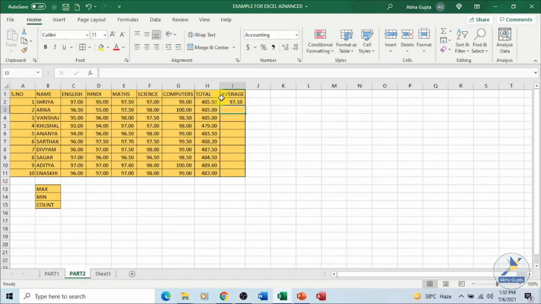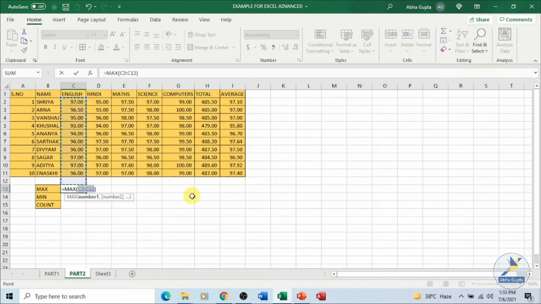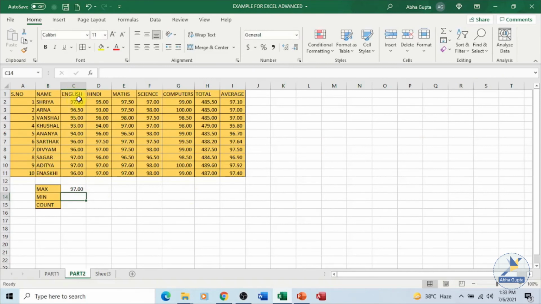You got the average. Same functionality is available in formulas, and under your function library you can make use of that as well. Here we got the average. Now say for example I want to find out the maximum, what is the maximum marks which has been secured in English subject. So make this cell as the active cell. I want this column to be used. Go to AutoSum. Click on the drop down and click on max and press the enter key. Now maximum marks which someone got in English is 97.